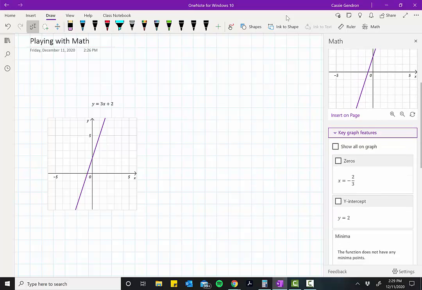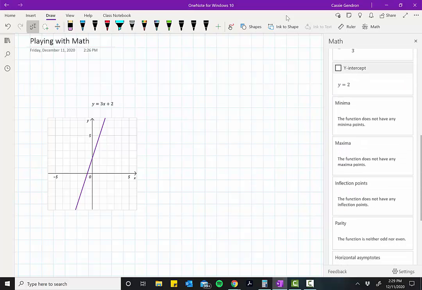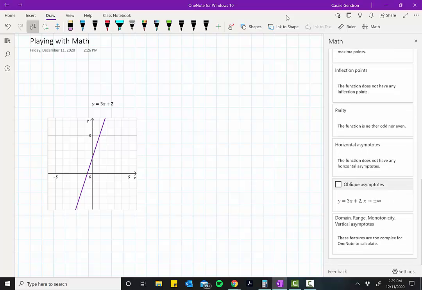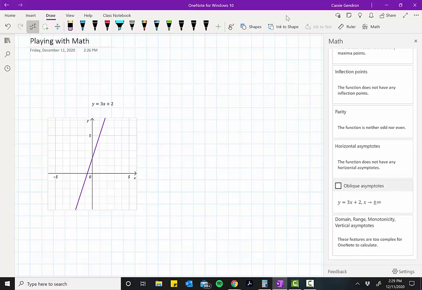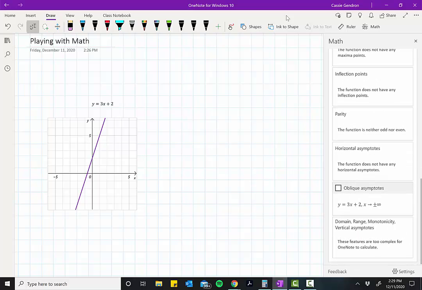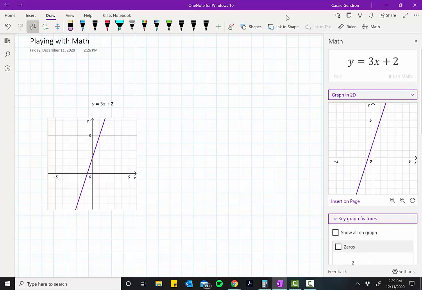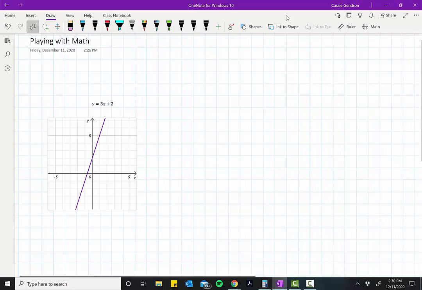I can show the zeros, the y-intercept, the minima, the maximum, the inflection points, the horizontal asymptote, the oblique asymptotes, domain, range, vertical asymptotes. These features, this part right here, are too complex for OneNote to calculate apparently. But let's try a harder equation, shall we? Let's go with y